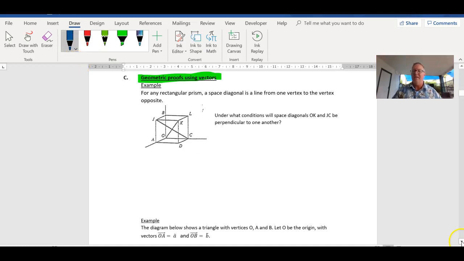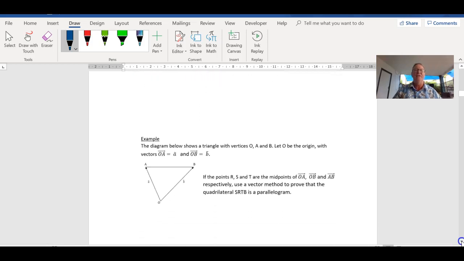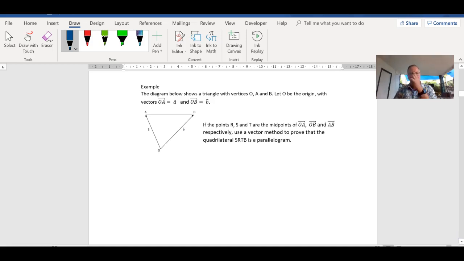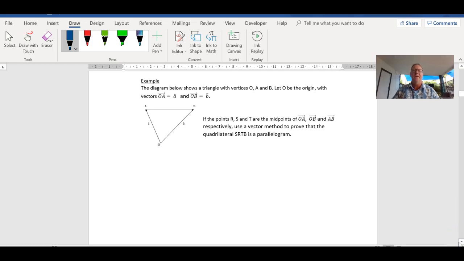We might start with the example at the bottom of page 9 first, because it's in 2 dimensions, and we'll come back to the other example at the top of page 9, which is in 3 dimensions. This example says, the diagram below shows a triangle with vertices O, A, and B. O is the origin, OA is the vector A, OB is the vector B, R is the midpoint of OA. S is the midpoint of OB, there's S. T is the midpoint of AB, there's T. Using the vector method, prove that